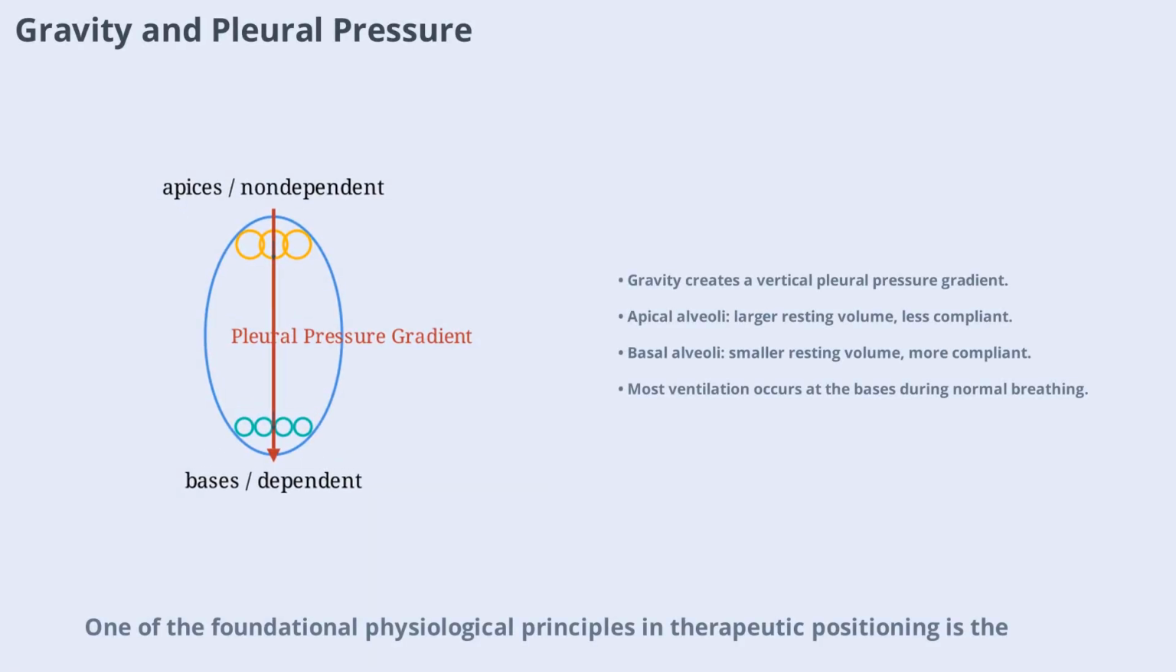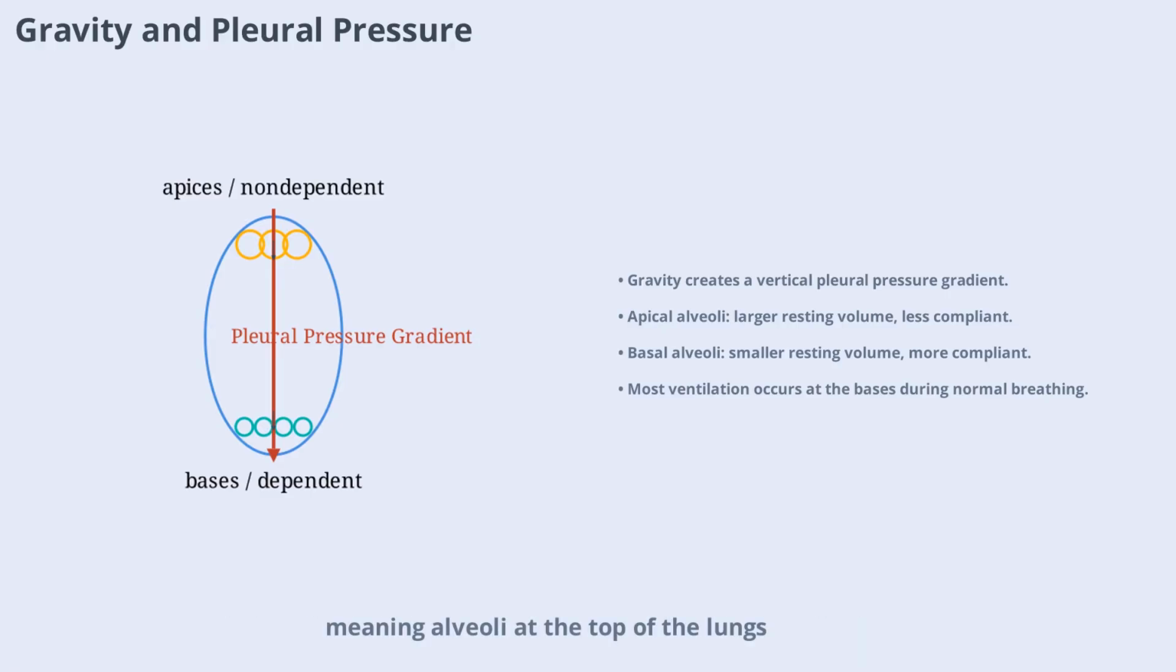One of the foundational physiological principles in therapeutic positioning is the effect of gravity on the pleural pressure gradient within the lungs. In healthy individuals, gravity creates a vertical gradient, meaning alveoli at the top of the lungs are larger at rest but fill less during inspiration, while those at the bases are smaller but more compliant and receive more ventilation. This natural distribution ensures efficient gas exchange during normal breathing. Understanding this gradient is crucial for therapists, as it guides decisions about which positions will best support lung function in